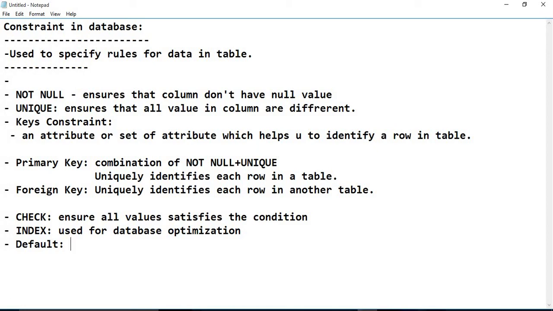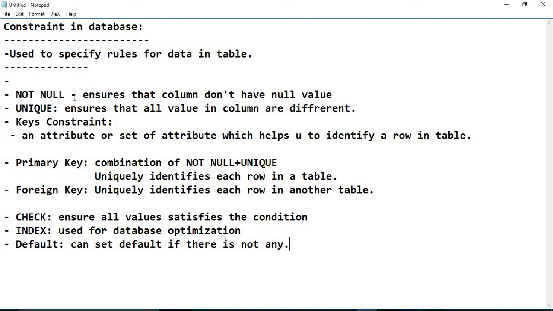If there is no value, then we can set a default value. These are the constraints that we have discussed.